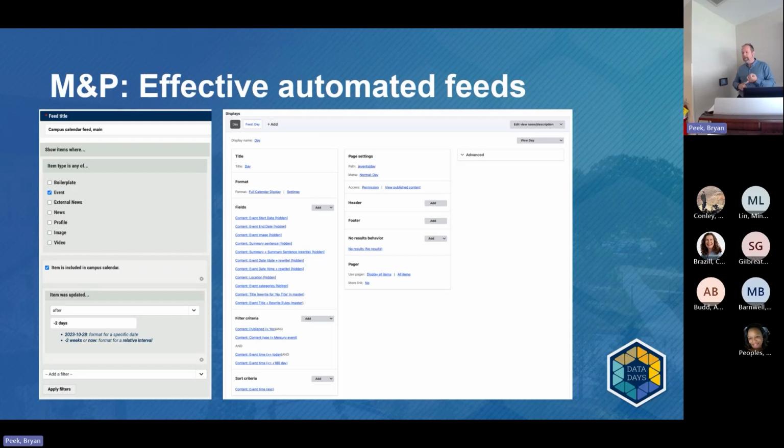The same goes for manual feeds. I've noticed that people will just keep adding things to manual feeds until they're a mile long, hundreds of items. And I know this is a nightmare to maintain because you have to scroll and scroll and scroll to see what's even in the list of stuff.